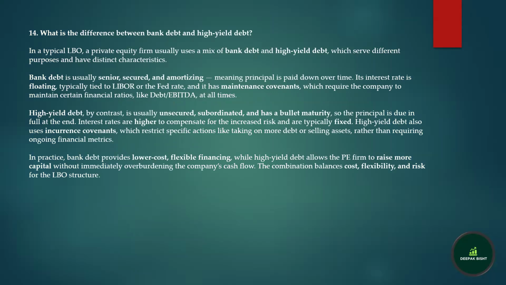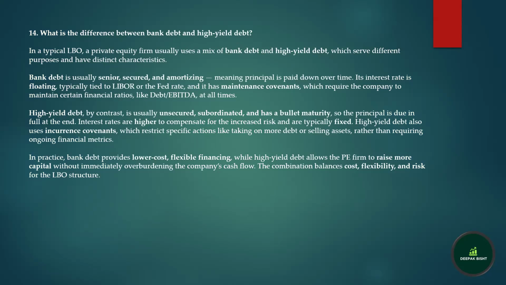So, when discussing debt financing in leverage buyouts, the two most common types of debt are bank debt and high yield debt. These two categories of debt are quite different, and understanding the distinction is key to evaluating the capital structure of the transaction. I will walk you through the primary differences between them. The primary differences could be due to interest rates and yields, covenants, maturity and amortization, secured and unsecured, or investors' base, and usage of leverage in LBOs.